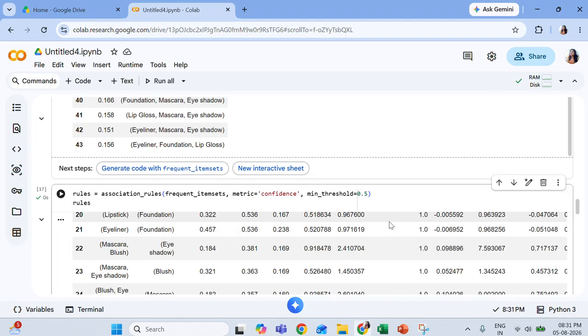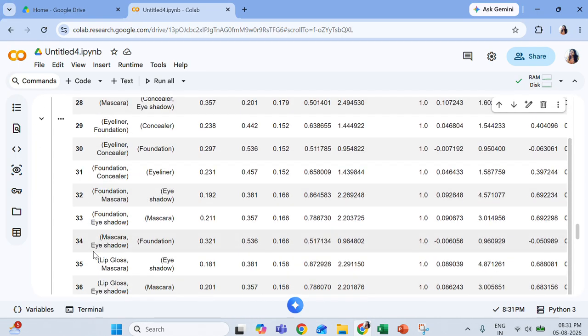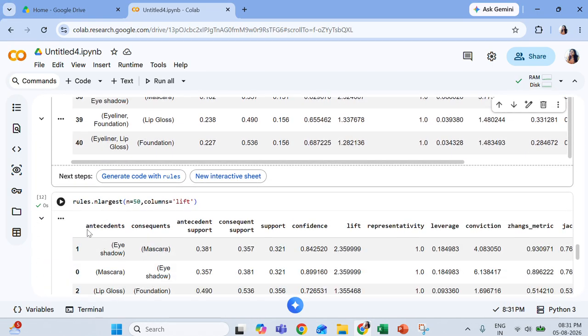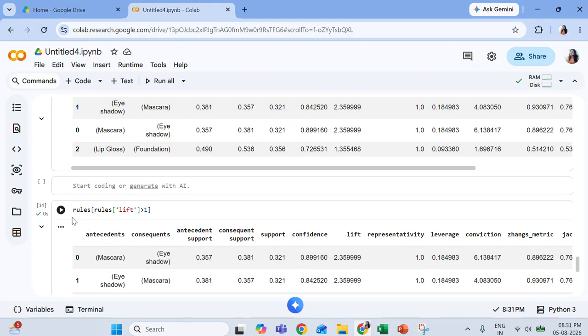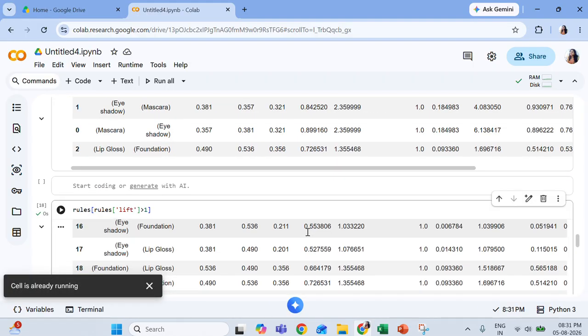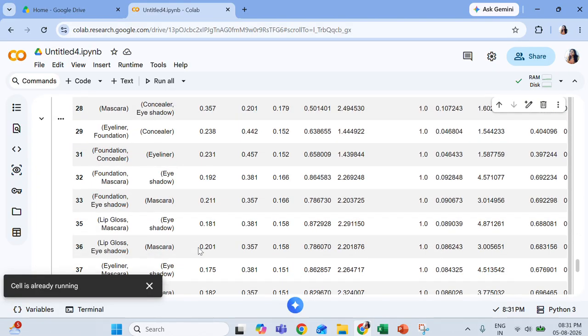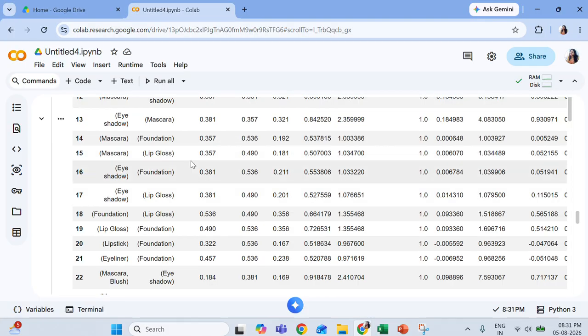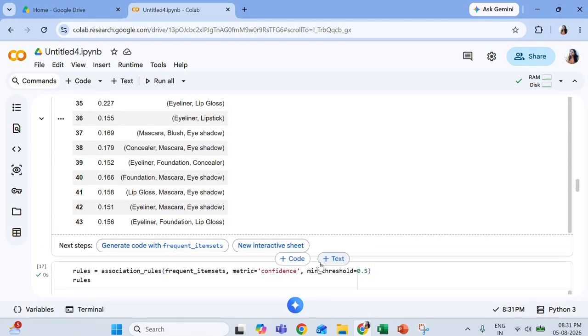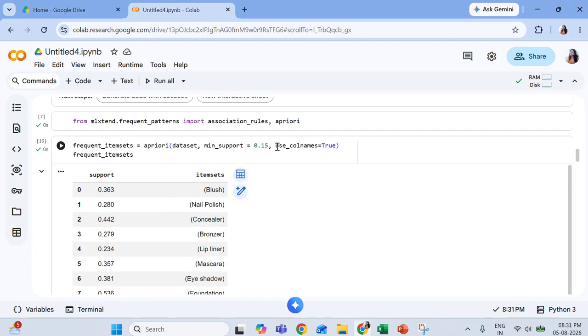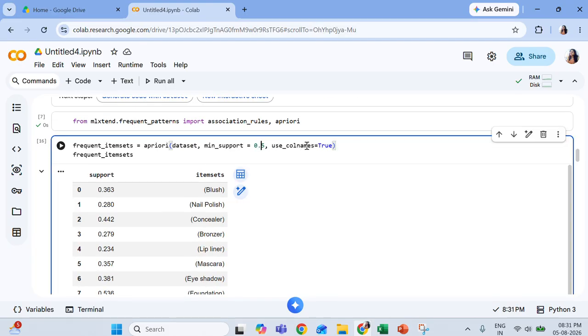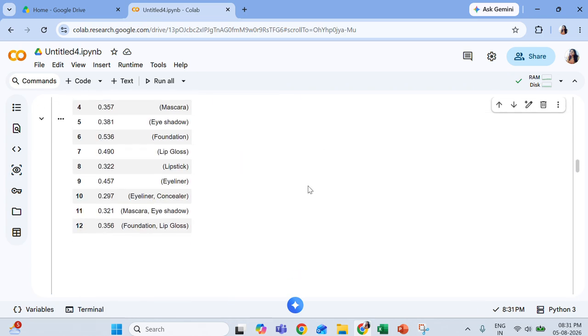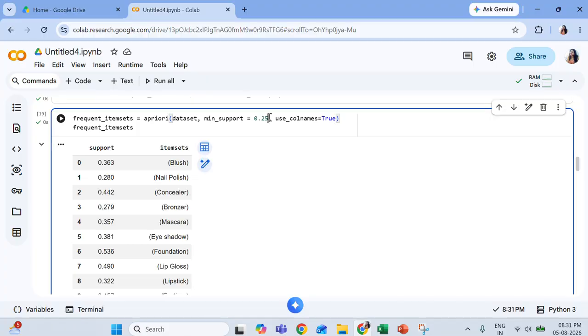So threshold, let us keep 50%. You can see so many products have been listed. Now if I want to see the lift values greater than 1, it has reduced. Understood? So this depends on how many rules you want. These are the hyperparameters which you can change. Generally the support and the confidence values are something given by the customer or the user or the person who is using the system.